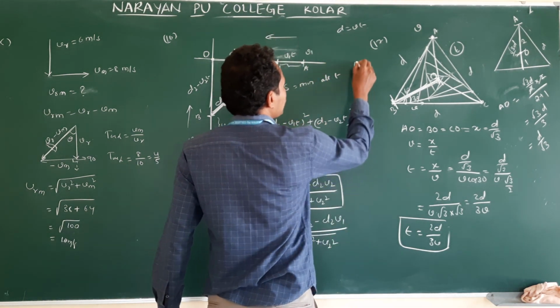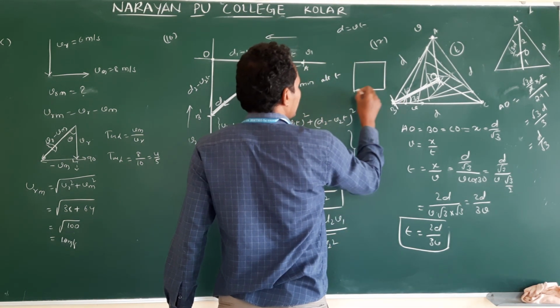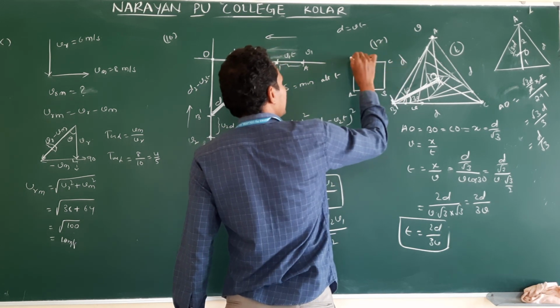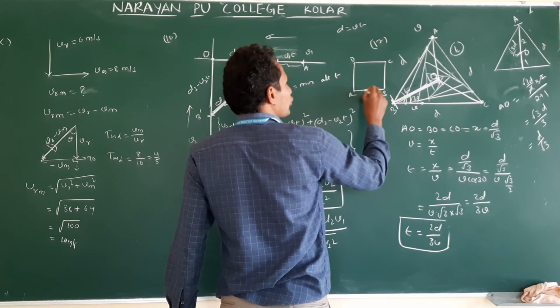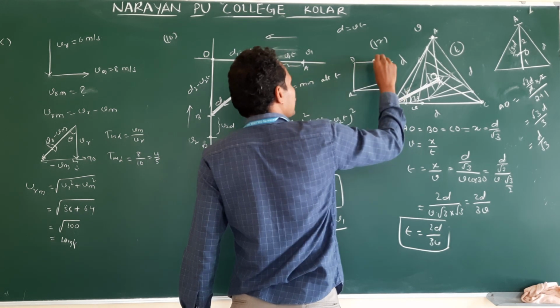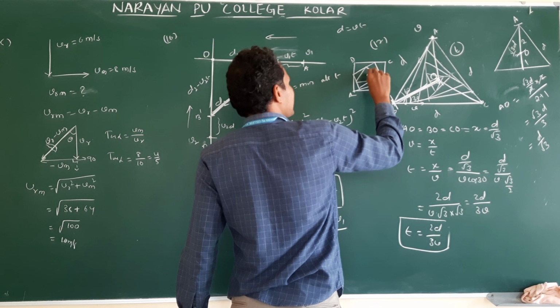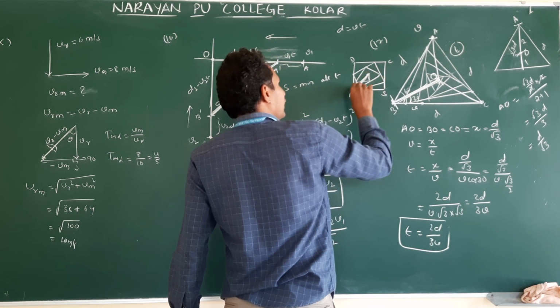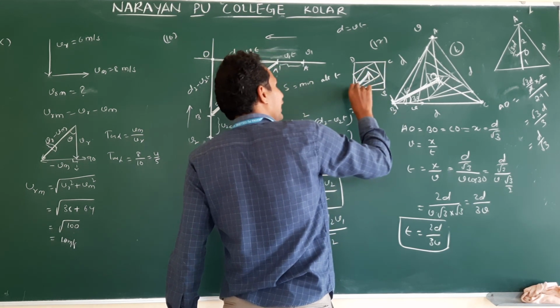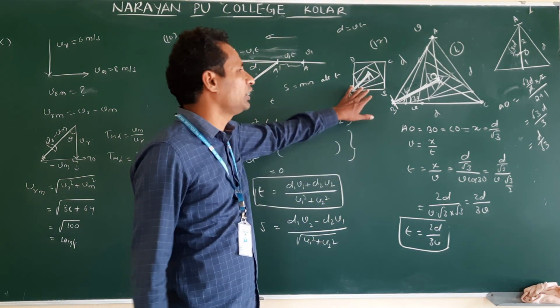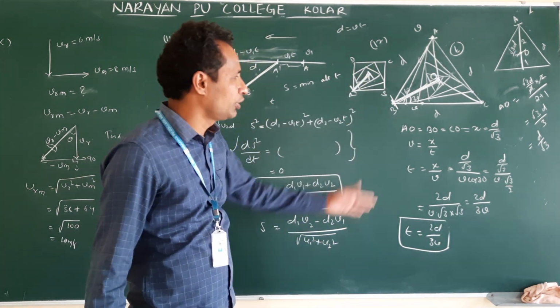Sometimes we do have a question with a square like this. A, B, C, D. A is directed towards B and moves like this, B moves towards C like this. Again finally they come and meet at the center. Again you take this displacement and the velocity along this displacement. If you do it, we will get the answer. So make a note of this.